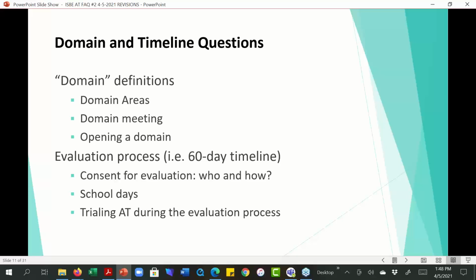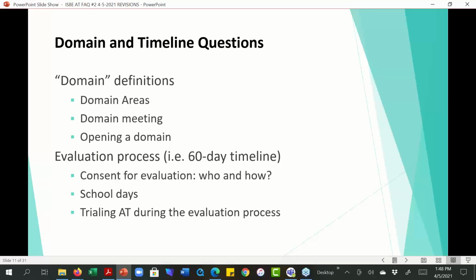And once the team is prepared with the data and what data they do and don't have, the team would sit down at a domain meeting, or sometimes folks call it a consent for evaluation meeting. And sitting at the table is the team as well as the parent or guardian.